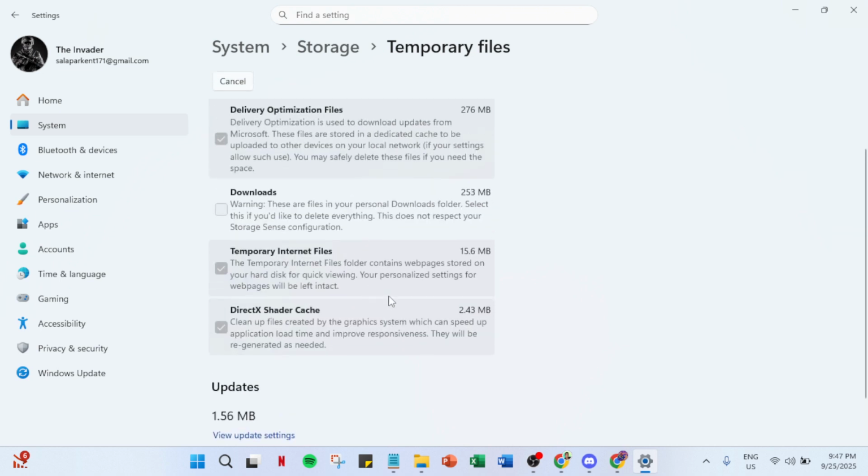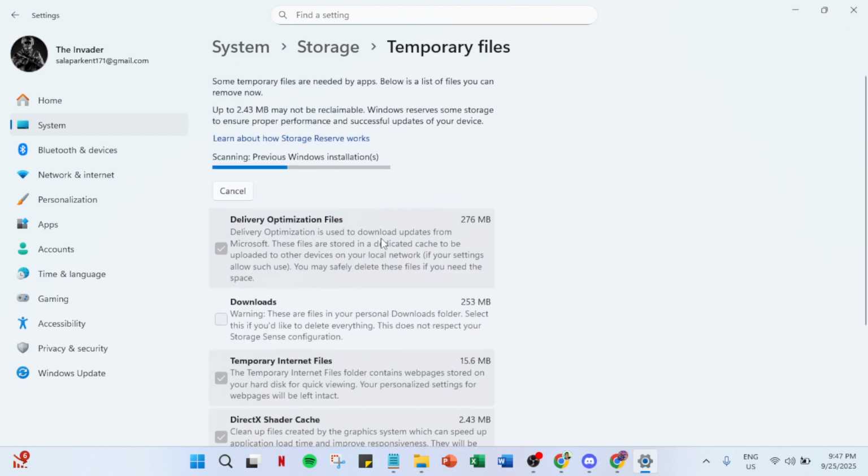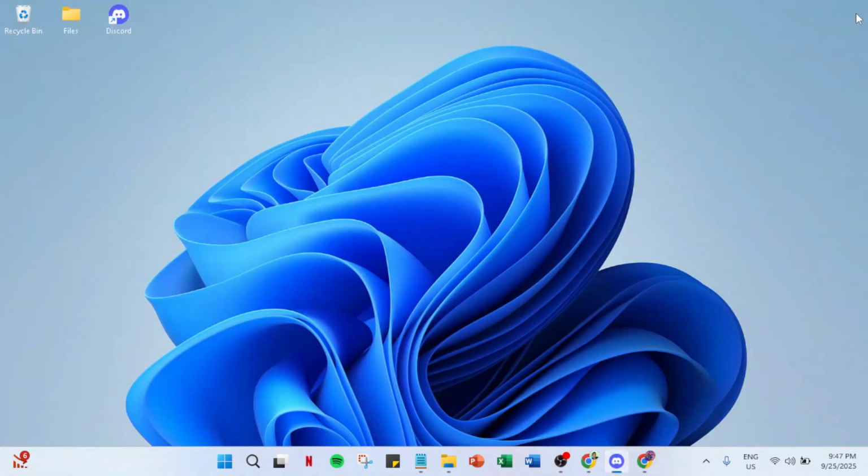After making your selections, go ahead and click the Remove Files button at the top. It'll be clearly marked for ease of use. When you click this button, you're instructing Windows to delete those temporary files. A confirmation dialog box will appear. To proceed, click Continue. By doing so, you're giving your OK to commence the deletion process. Once Windows has finished clearing those cached files, the next step involves cleaning up your web browser cache.